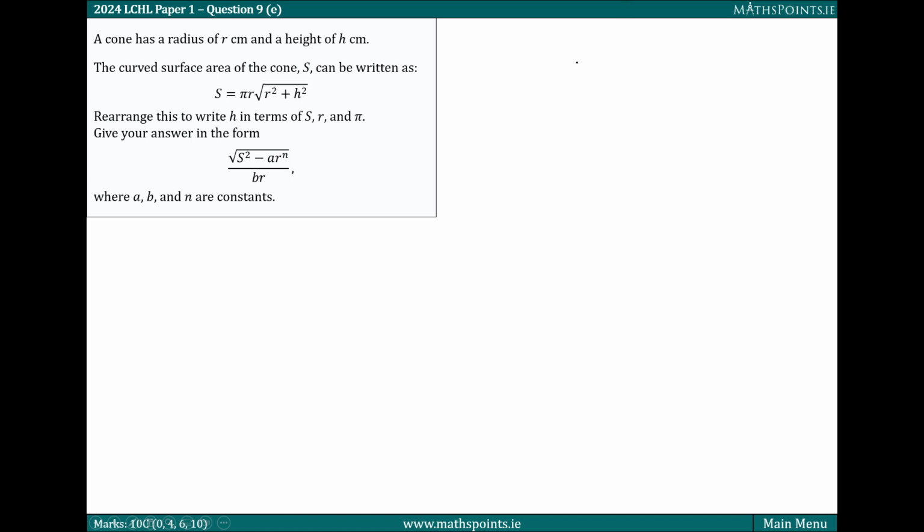Okay, so this E part is basically just an algebra question. It's a manipulation of formula question, but I thought we'd have a little look at how they've derived this formula for the curved surface area of a cone in terms of its radius and its vertical height, h. We'd be used to seeing the formula for the surface area of a cone in terms of its radius and